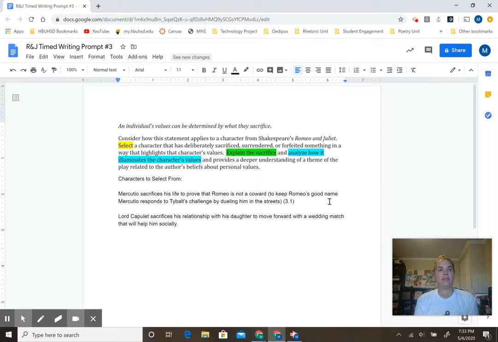And then fast forward to Act Three, after his family has suffered the loss of Tybalt, he agrees that Juliet will marry Paris and doubles down on that agreement, even though when the idea is presented to his daughter, she's very, very unhappy about it and tries to speak with him about it. He basically gives her an ultimatum and gives her no other choice but to accept doing things the way he wants to do them. So he asserts his dominance over her with fear.